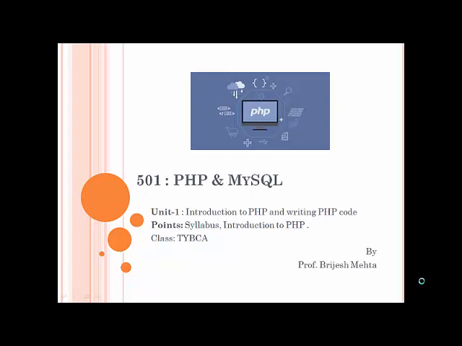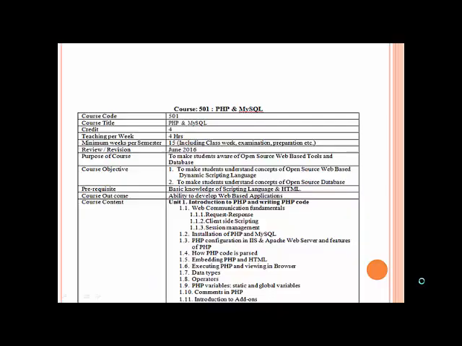In today's session, we'll start with Unit 1, that is Introduction to PHP and Writing PHP code. In this, I would like to cover the points starting with the syllabus and introduction to PHP. Let's throw some light on the syllabus.